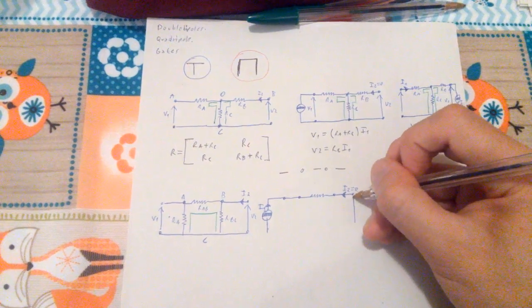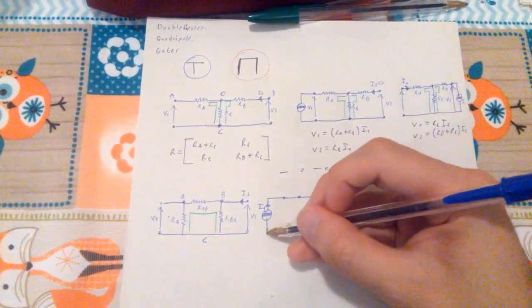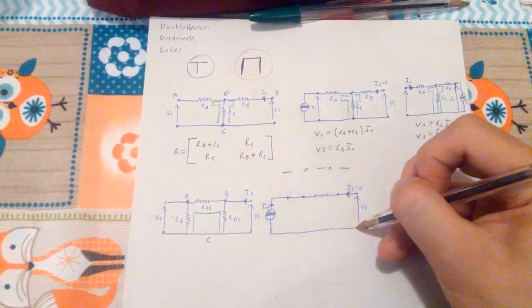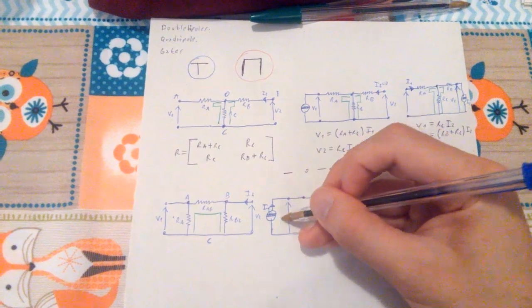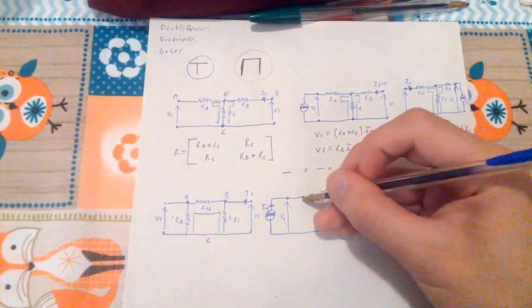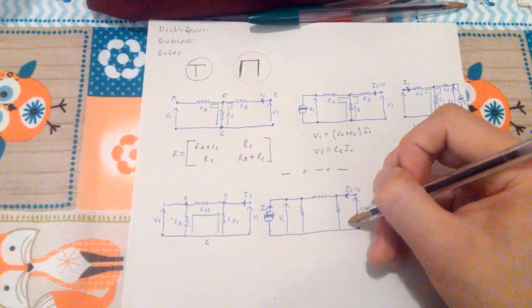And then this, which is expressed as V2, and all the way down to this. This one will then be my V1, and then I will have a resistance here and another resistance here, and